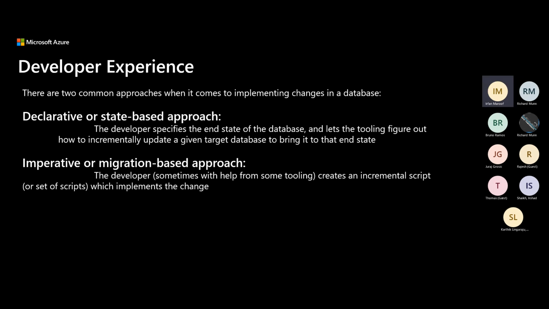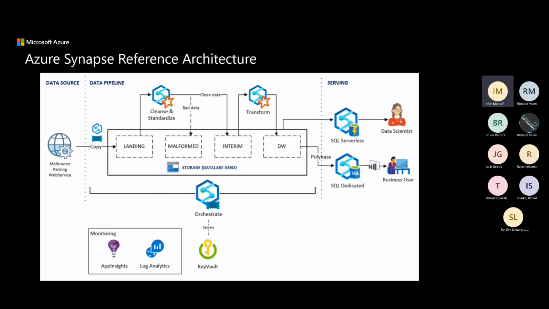Going to the next thing, if we are talking specifically about Synapse, this is one of the Synapse reference architectures. When we are talking about the deployment for the different parts, we usually have some sort of ETL part, either in Spark, and we have some Synapse pipeline for orchestration, right? But in addition, we have some code in the dedicated pool and also in Spark, right? So we are going to cover how these 4 parts that I initially pointed out in the agenda,